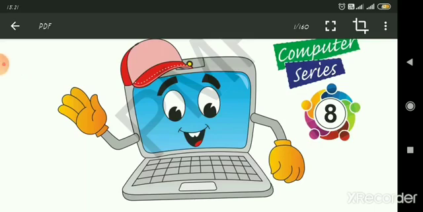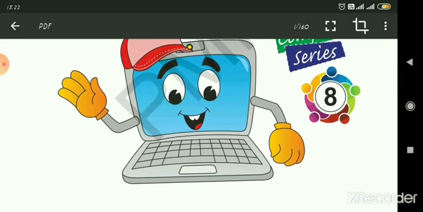In the previous class, we discussed the introduction to Flash. In that chapter, we saw things about Flash. We also saw the Flash window and the different tools, like the brush tool, pen tool, and polygon shapes.